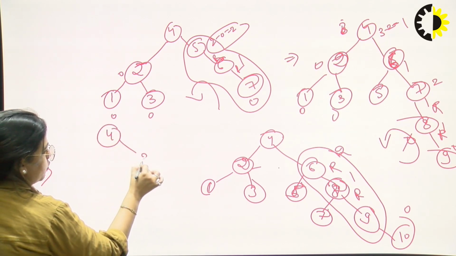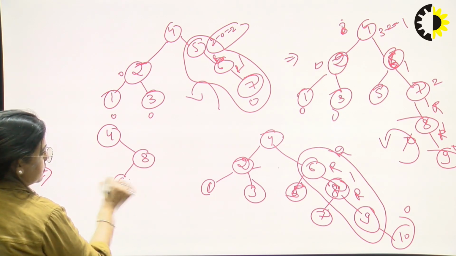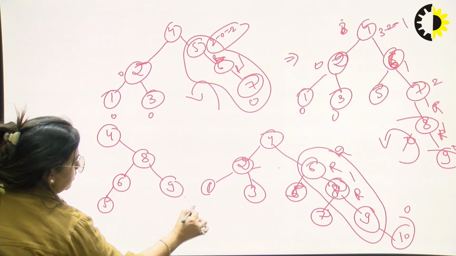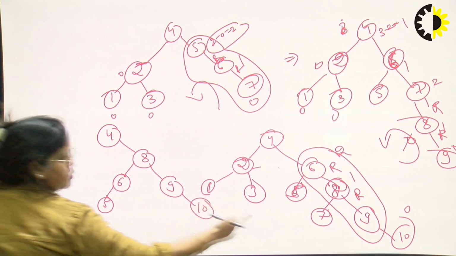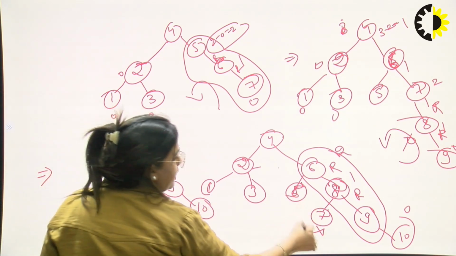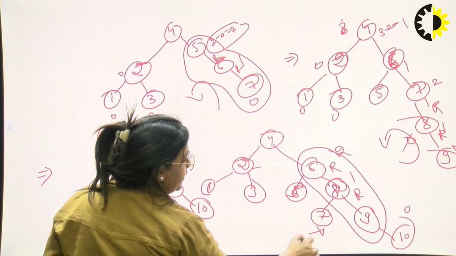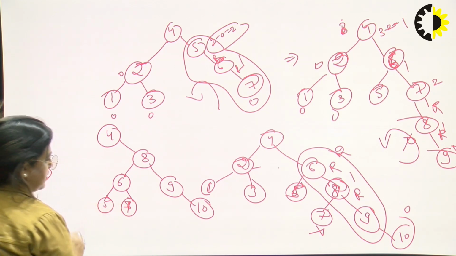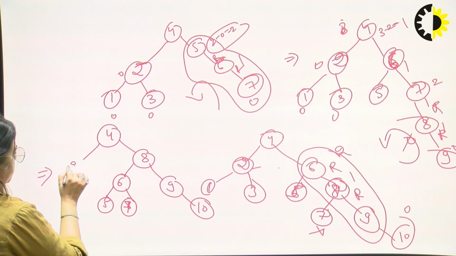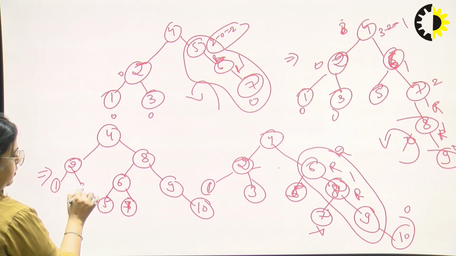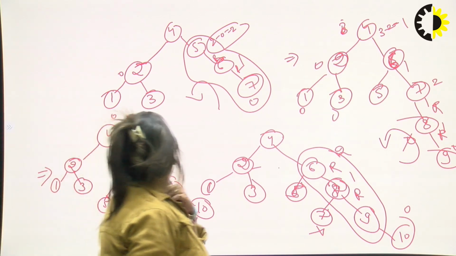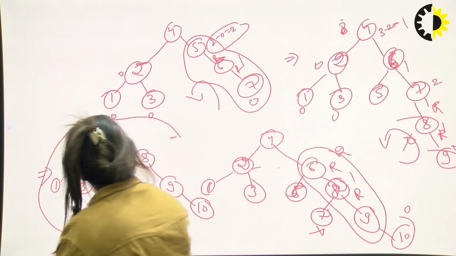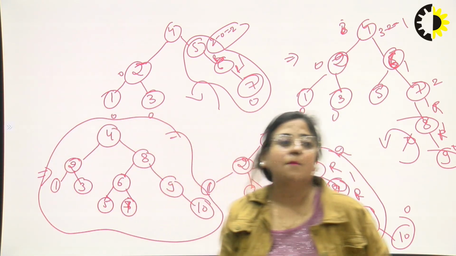Right rotation means final BST according to this: 4, here use 8, here use 6, here use 5, now 9, use 10, but 7 is missing here. The left subtree of 8 uses right side 6 is 7. Okay, 7 now comes to the left side 1 and 3. Now check each case balance factor. So this is your final BST and this BST is totally balanced.